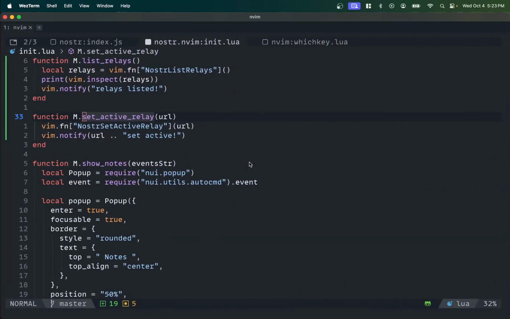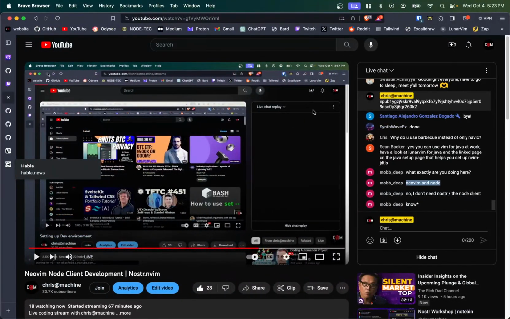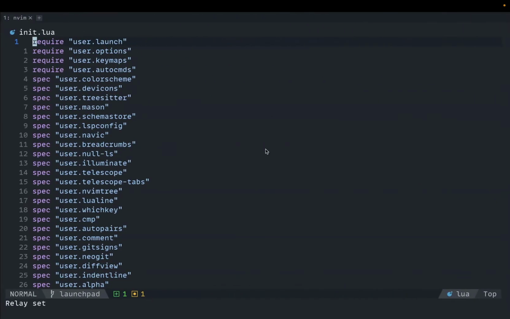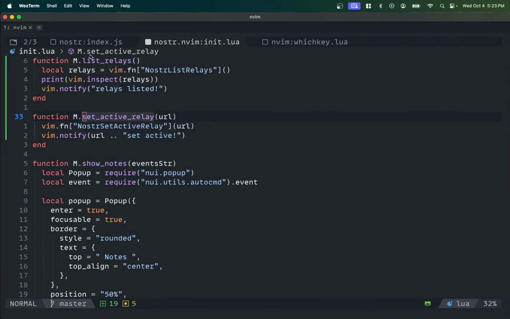So basically what I'm doing, no, I don't need Nostr or the node client. I don't know Nostr or the node client. Okay, so you just know Neovim, and you don't know the node client, and you don't know Nostr. Okay, so basically, the node client, what it allows you to do